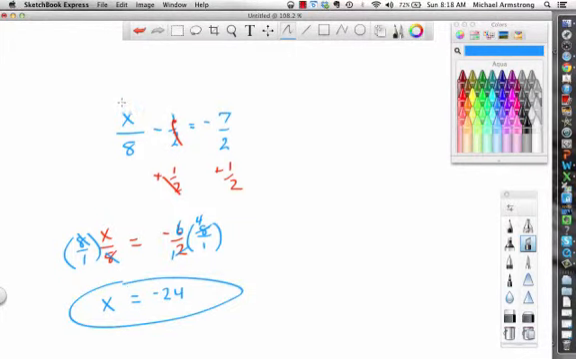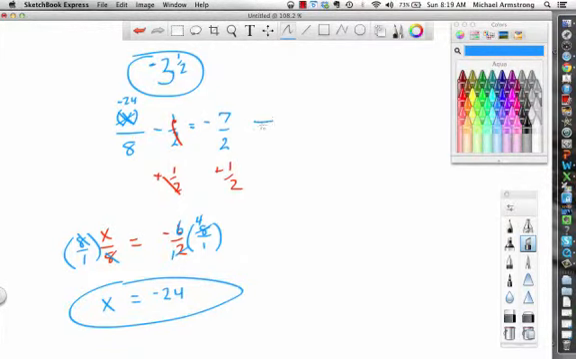And if I go back up here and I put negative 24 in for x, okay, negative 24 over 8 is negative 3. And if I take 1/2 away from 3, I get 2.5, and negative 2.5. Ooh, negative 3.5. Boy, I was confused there with my negative numbers. We all need to practice those. Negative 3,